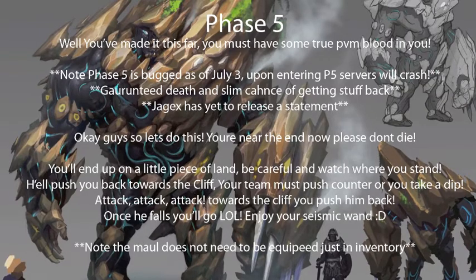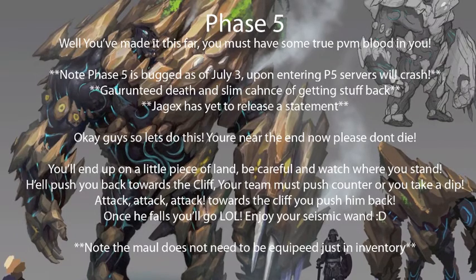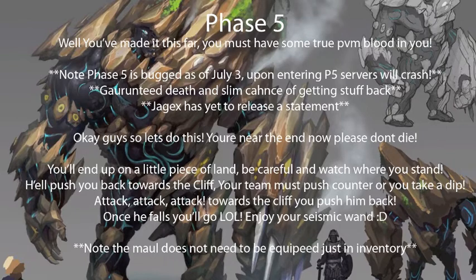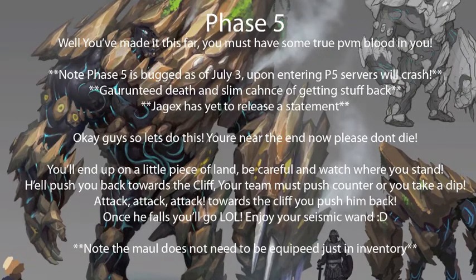So when you enter that strip of land, Vorago will choose one player and start hitting that guy, pushing him off the cliff. What the team has to do is attack Vorago and push him back on the other side of the cliff, which will eventually kill him. And keep in mind that at this point the maul will be assembled from getting the piece at phase 4,